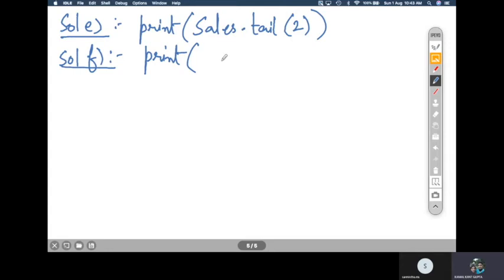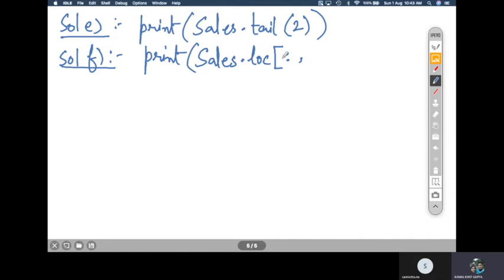So you need to only write what? Column values, not the row values. So row indexing will not be done. You will simply write a colon for the row and just leave it. Just see here how to print the first two columns only. So what will you write? Sales dot loc, and here you will pass colon, comma. This colon means for every row.